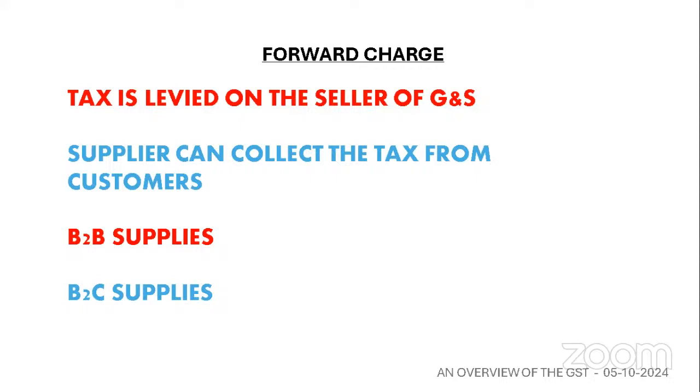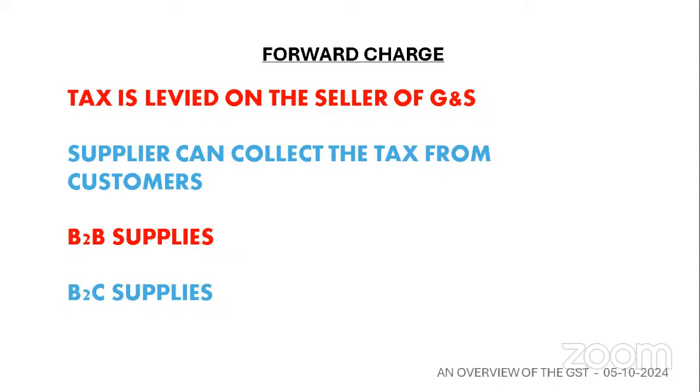Normally, when you go to a shop to buy an electronic gadget, he will say 50,000 is the price and you have to pay 18% of GST amounting to 9,000 rupees. You have to shell out 59,000 rupees to the dealer who is selling you an electronic gadget. Out of the total amount collected by that vendor from you, 50,000 he keeps for himself and 9,000 he remits to the government.